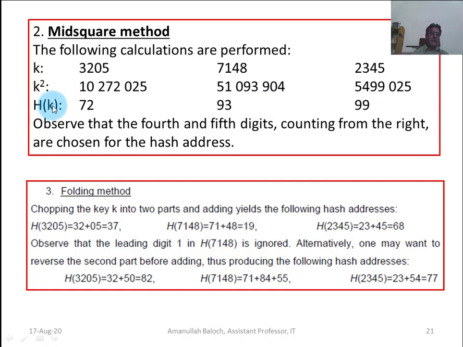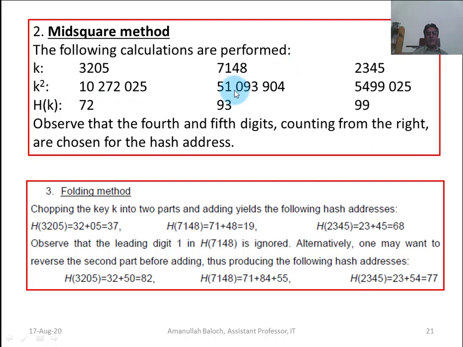H of k is mid square. This is the square and the mid. What is mid? We leave 3 digits on the right and 3 on the left. The middle value becomes 72, so we will take 72. The mid-square method takes the square of the key value and then extracts a 2-digit number from the middle of that square result.